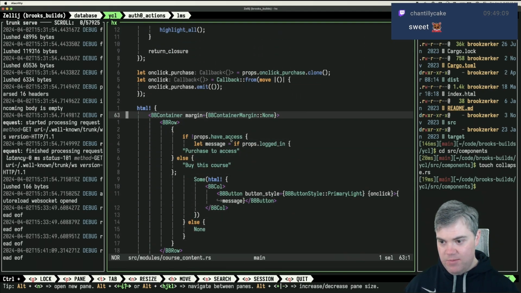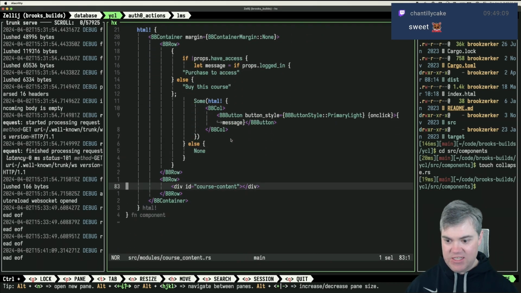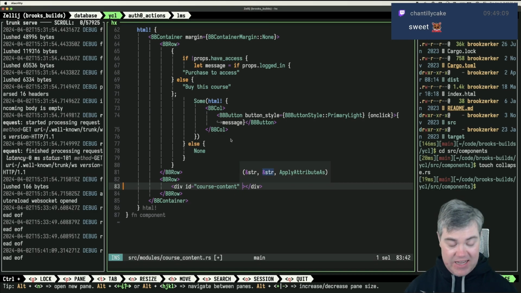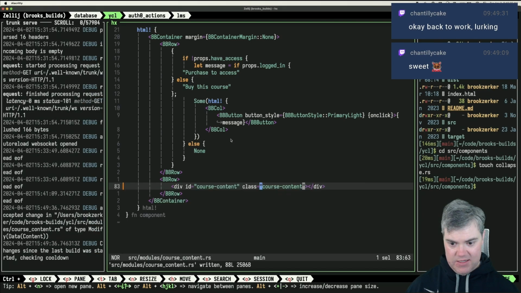Okay, so we have BB container, BB row. Yeah, so I have this ID course content, and so it's an ID to show the course content. I kind of also want to just do a class of the same name. Course content. So if I do that,